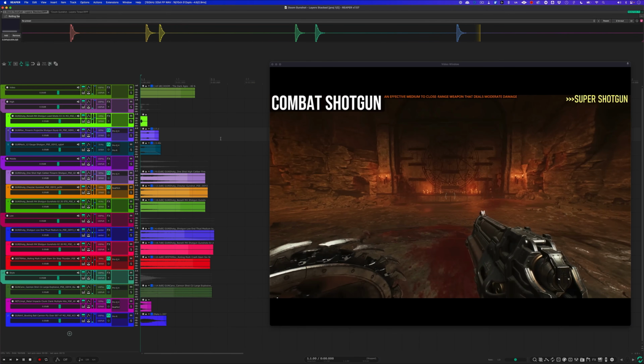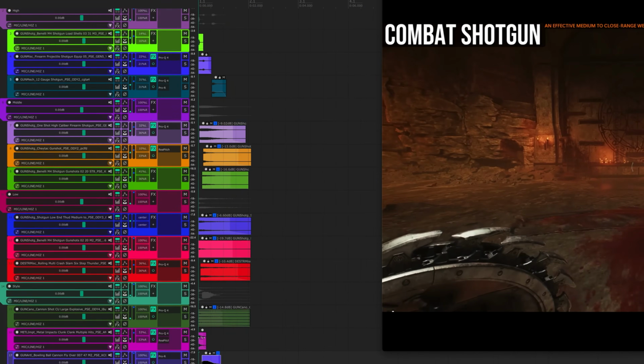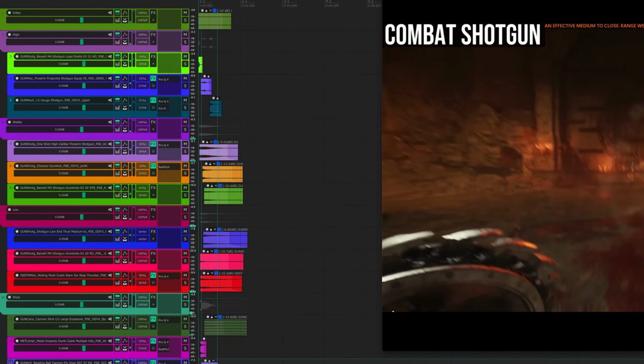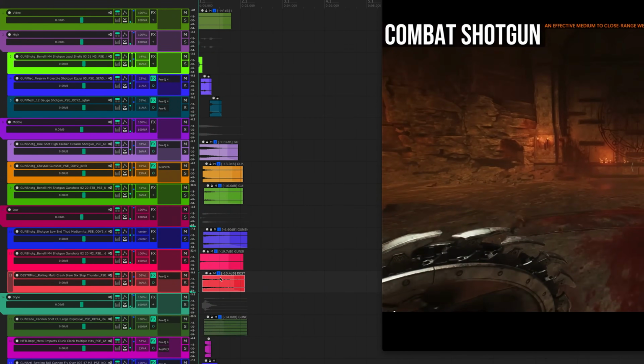Let's take an example from a simple Doom gunshot that I made in an older video. Let's play it with all the layers playing at the exact same time. Now let's space them out a bit and listen to how the same layers with the same processing sound when they're properly timed and each one has its own carved out little space.